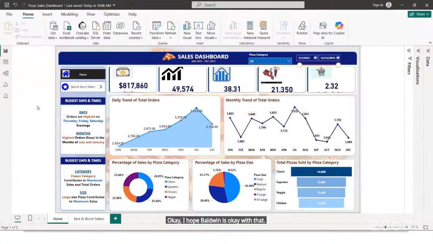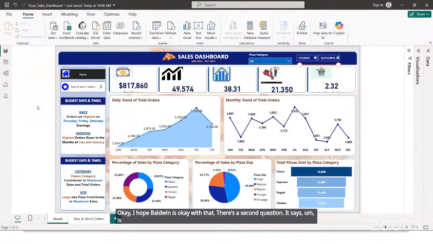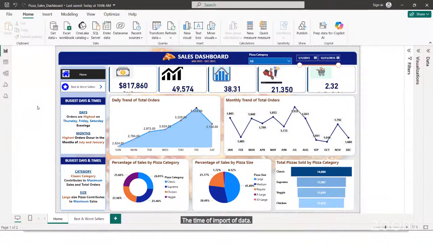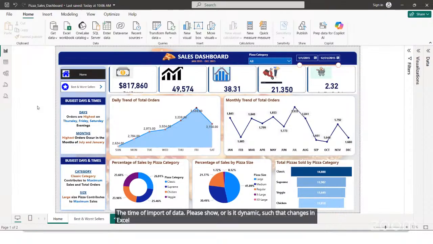There's a second question. It says, is there a notification on Power BI that timestamps the time of import of data, please show, or is it dynamic so that changes in Excel are automatically updated and uploaded in Power BI without